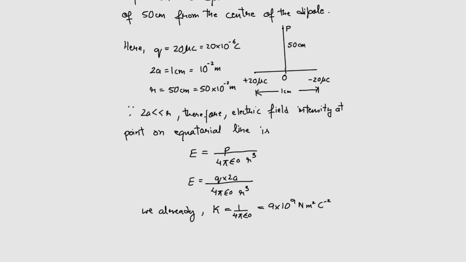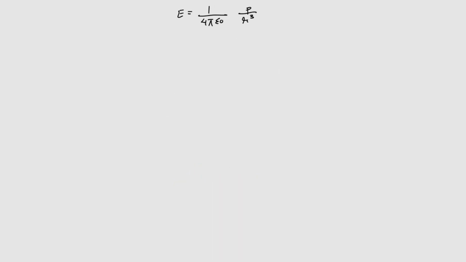Now we input the values of Q, 2A, R and 1 by 4 pi epsilon naught into the formula. So E is equal to 9 into 10 to the power 9 into Q into 2A, where the value of Q is 20 into 10 to the power minus 6, and the value of 2A is 10 to the power minus 2, divided by